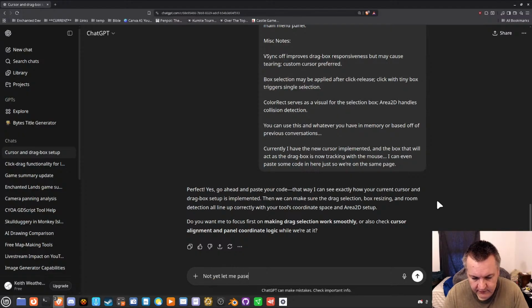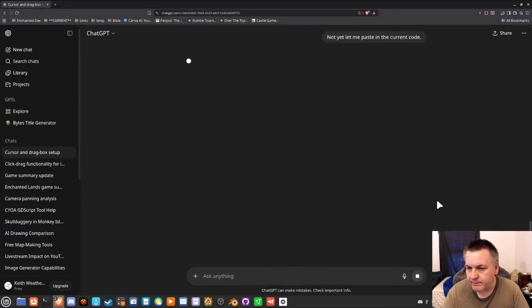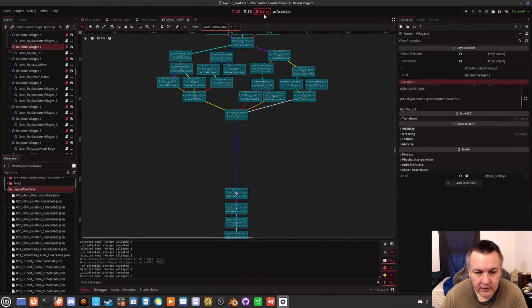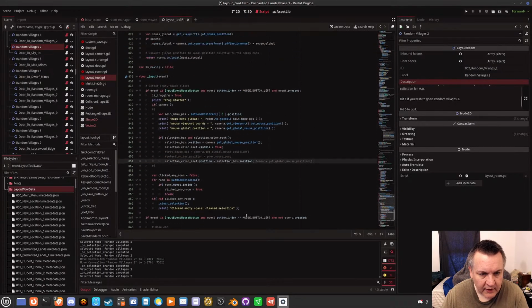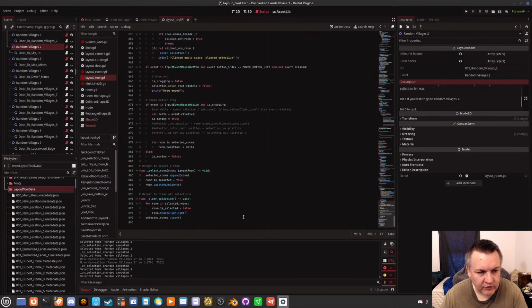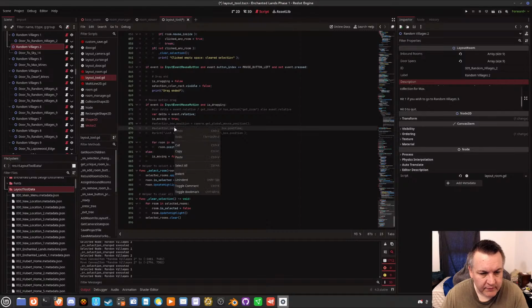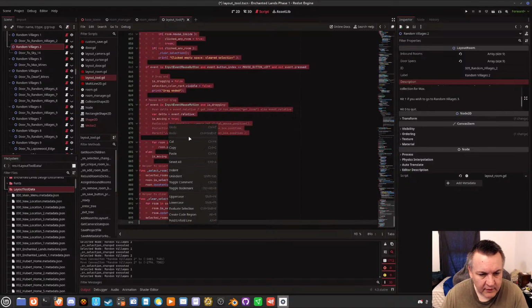Let me paste in the current code. Okay. So we are going to paste in the scripts. I'm just going to go ahead and straight up paste in these script deals so that it kind of knows what we're working with. Select all, copy.